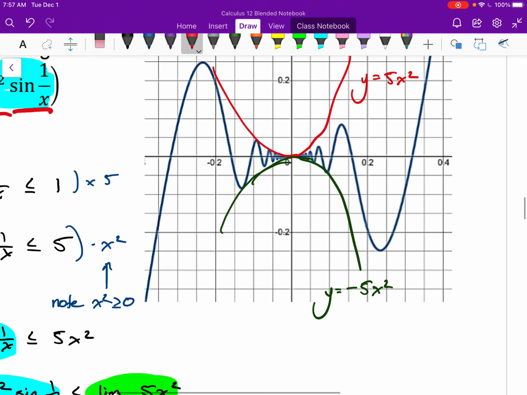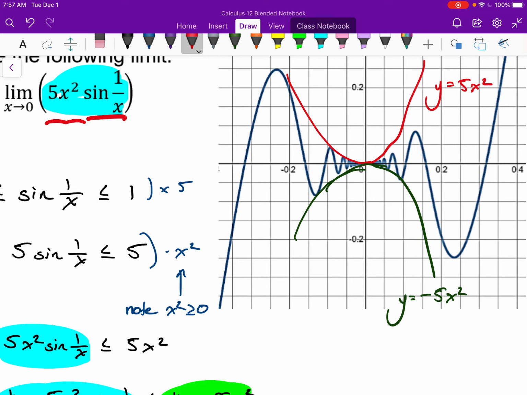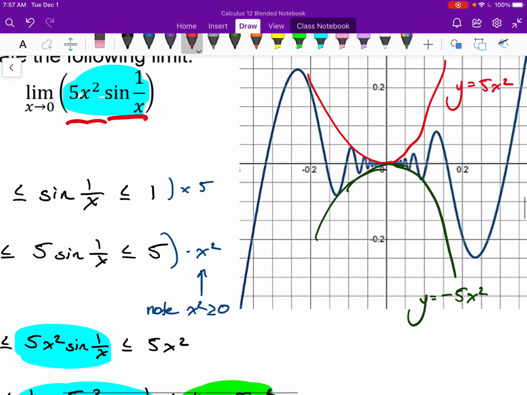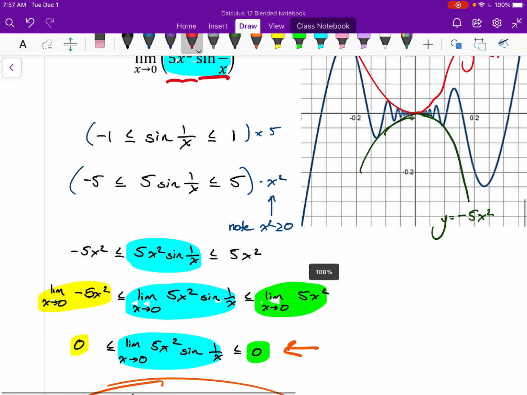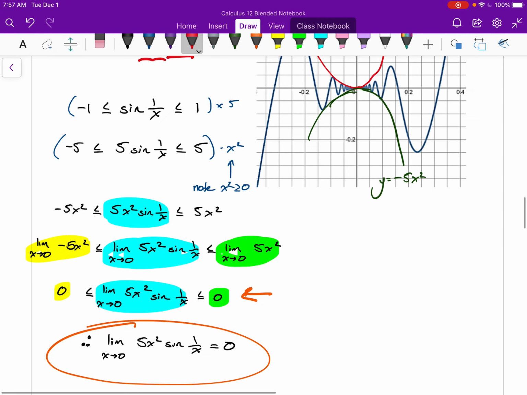And this function of 5x squared times the sine of 1 over x being kind of compressed in between them, or I shouldn't say compressed, being squeezed in between them. And so this idea of finding a limit of something I can't find directly, but by imagining it being squeezed between two functions, here's one example of that. Now, to be honest, I'm not going to expect you to come up with things like this on your own right now. I just want to more introduce you to the idea,